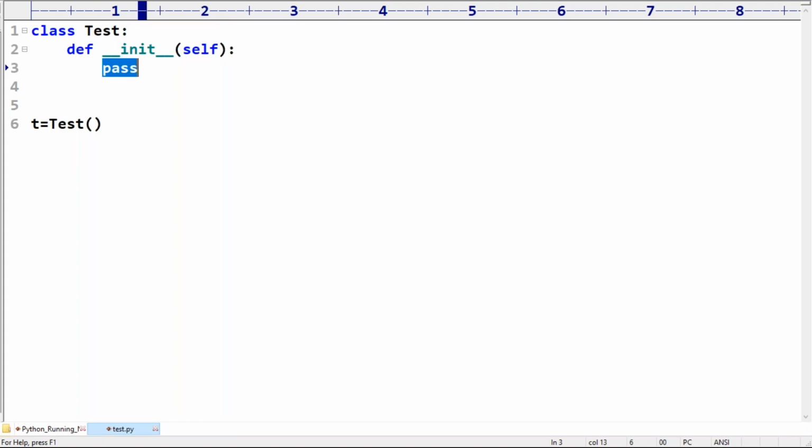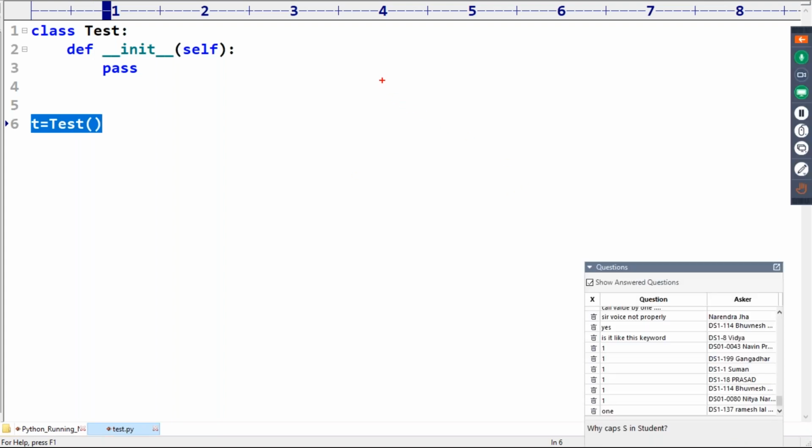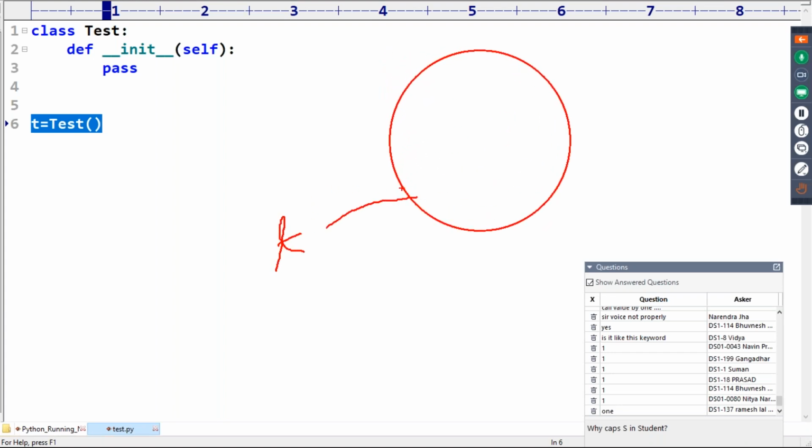Where is the proof for that? Very simple, sir. Here, how many objects am I creating? Only one object. For this object, t is the reference variable. By using this t, we can access the data of this object outside of the class.